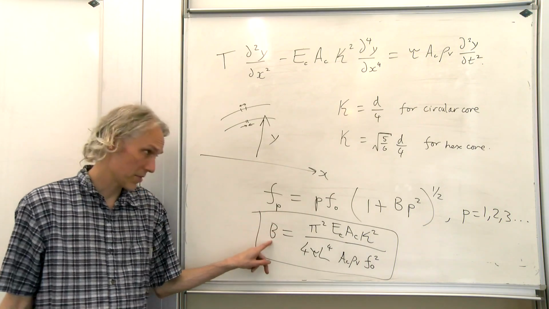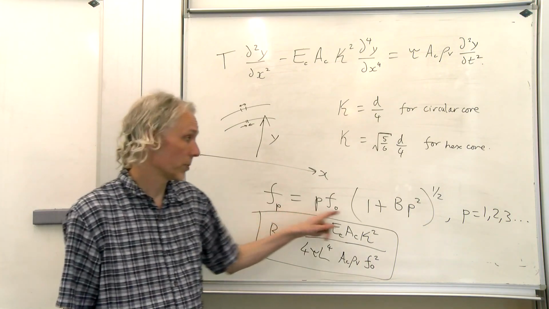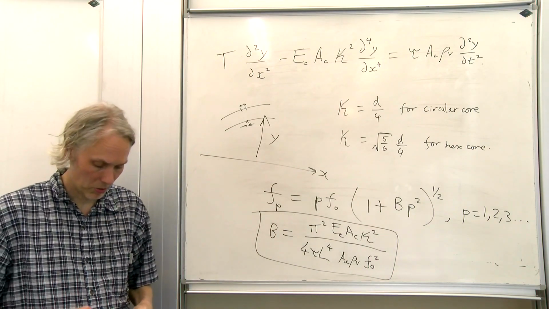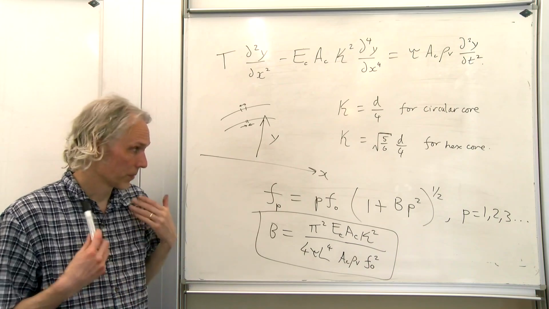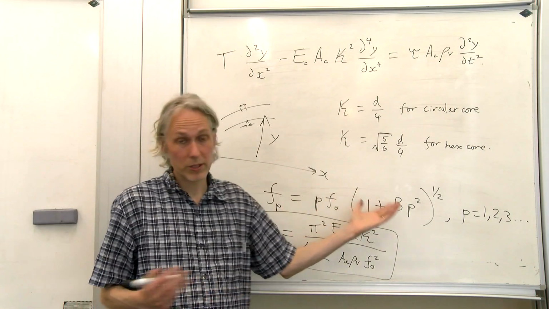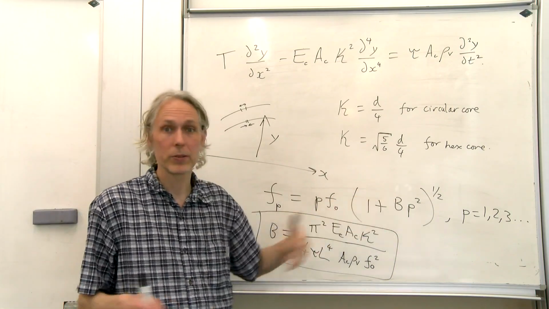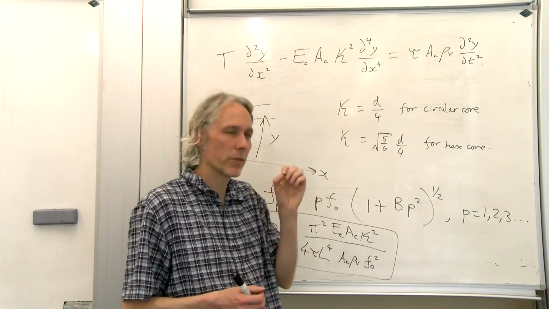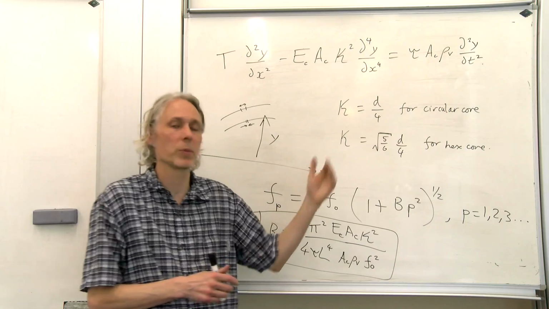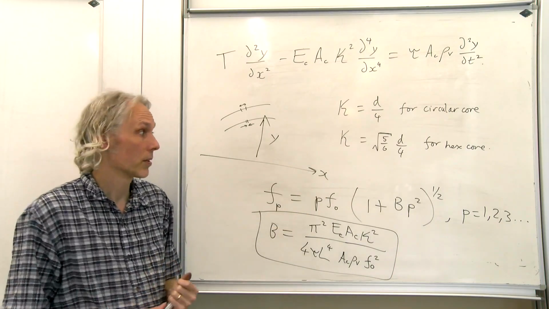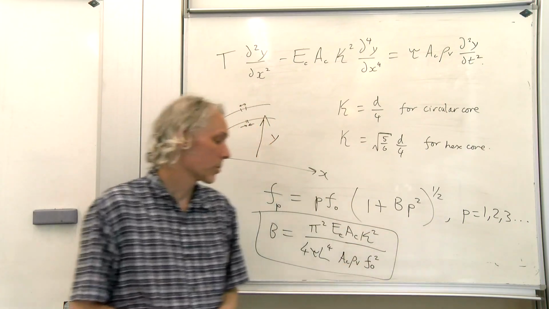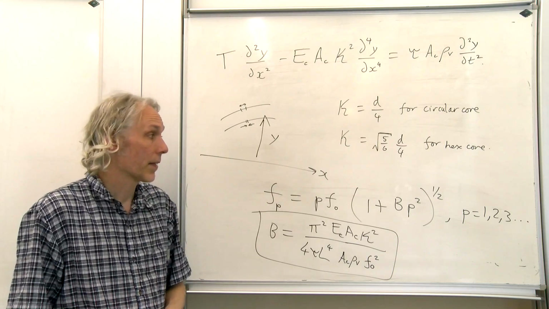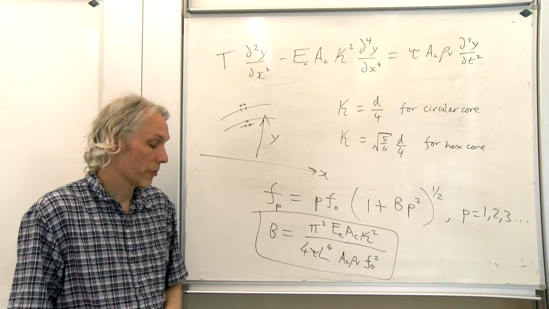Suffice to say, B is a small number, and we've got a bunch of harmonics which get sharper and sharper as we go up the harmonic series, but for guitar strings we can normally ignore that problem and pretend they're perfect harmonics, even though they're very, very slightly sharp of a harmonic series as we keep going up, increasing P number. But for bass guitar, it's maybe a little bit more of a problem.